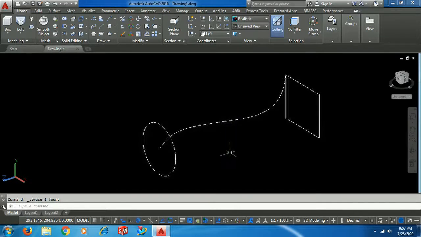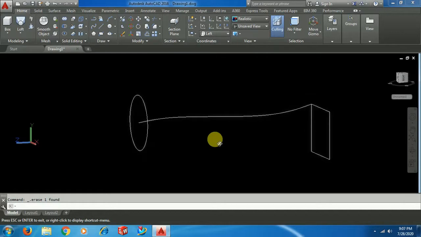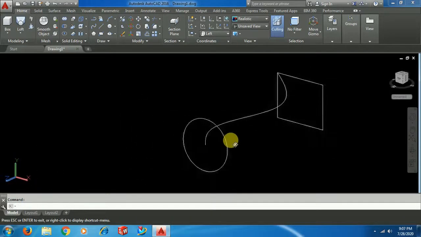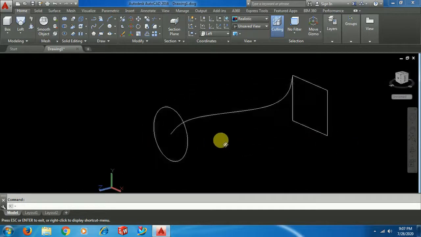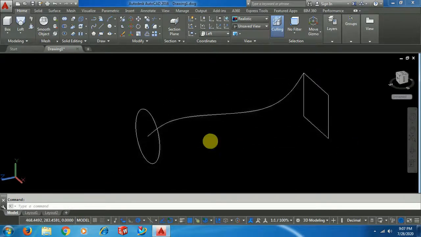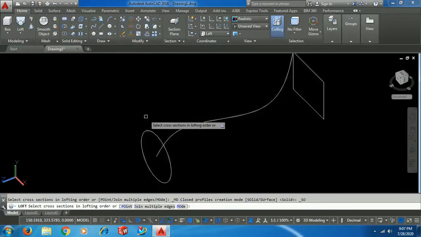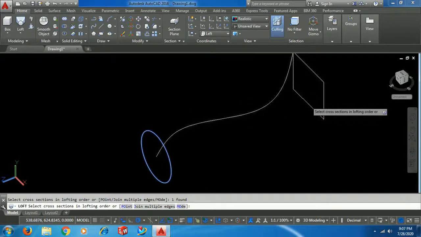You can turn and see. Use shift and scroll, shift and middle button, to turn the screen. Now go for loft, section 1, section 2.